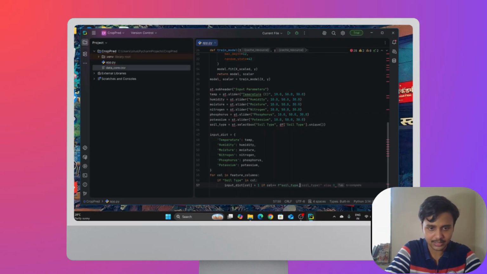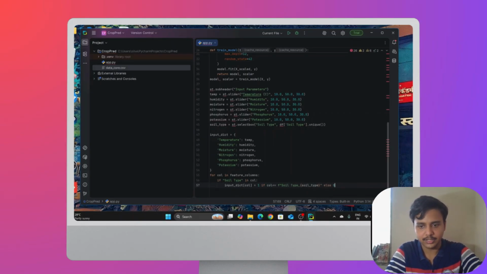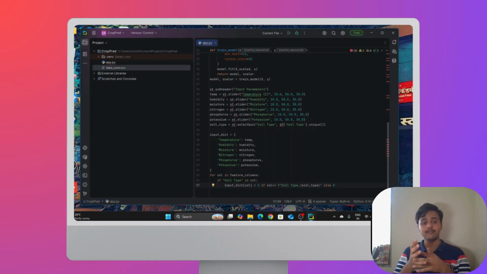Sorry, this should not be like this, it should be soil type, and underscore, in curly braces it should be soil_type, else it should be 0. This matches the input with the training format, which is the most important step.